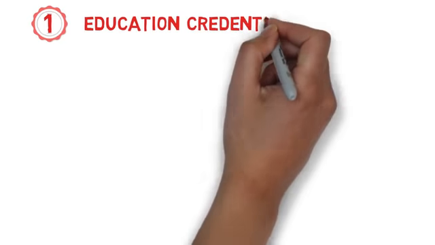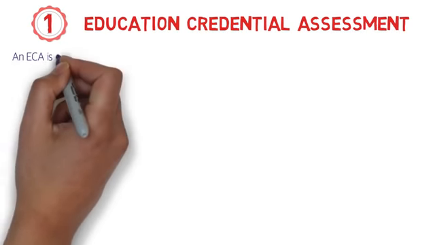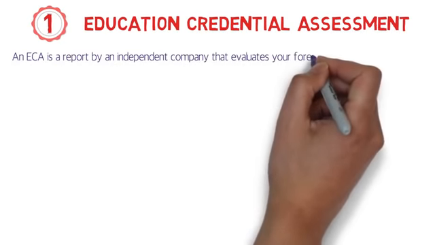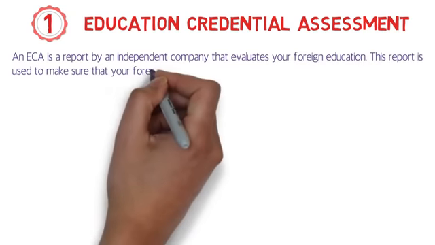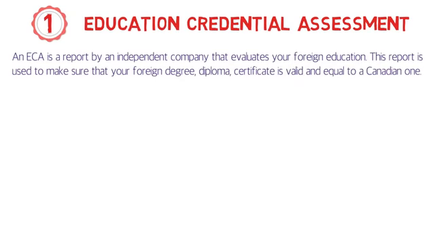Education Credential Assessment, or ECA. An ECA is a report by an independent company that evaluates your foreign education. This report is used to make sure that your foreign degree, diploma, or certificate is valid and equal to a Canadian one. So mind it, your ECA is not done by the Canadian government, it's done by a few independent organizations,